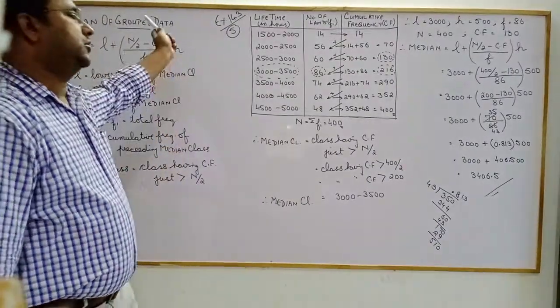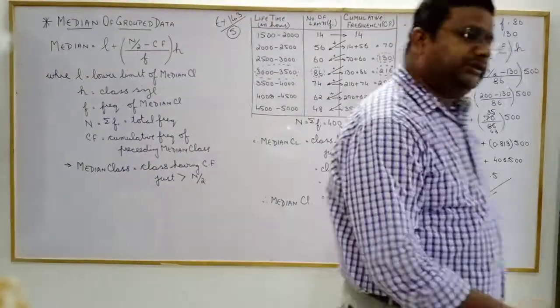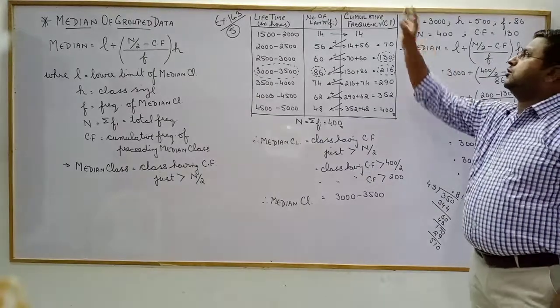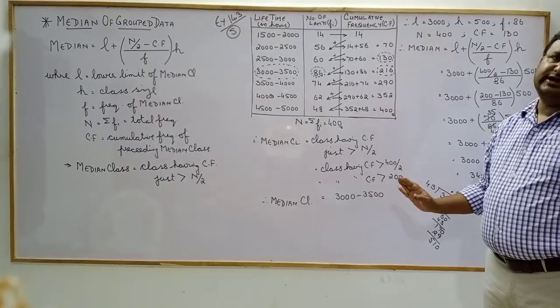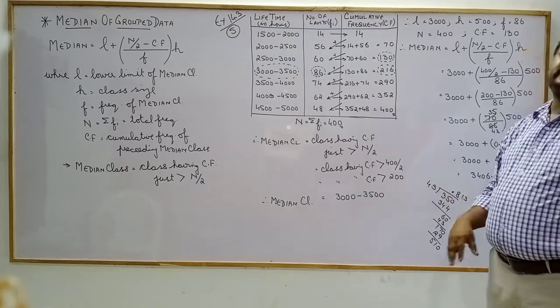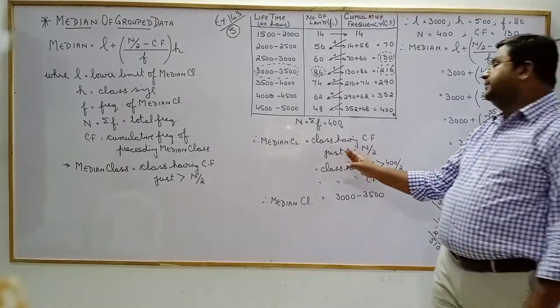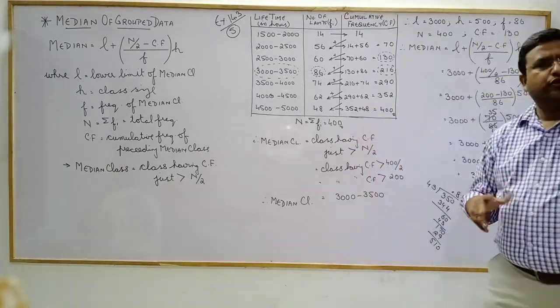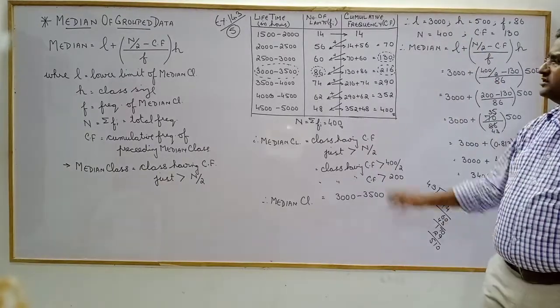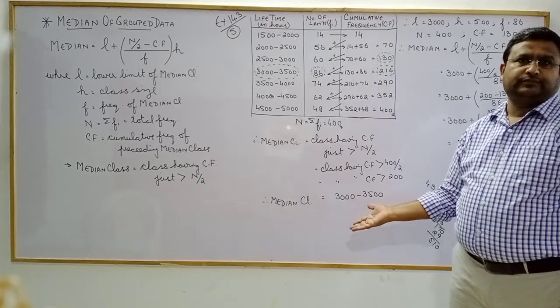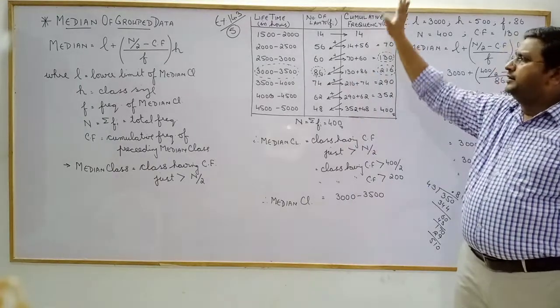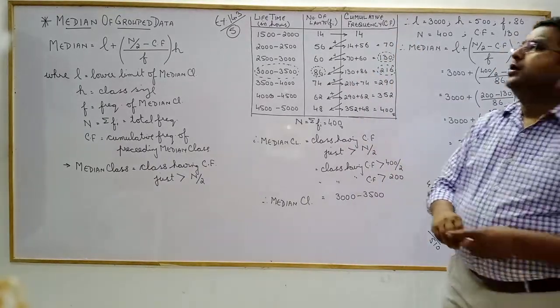Clear? So this is your question on median. All the questions are the same. Only one extra column is required, that is cumulative frequency. Sometimes in board exam we simply ask you to find the median class for 2 marks. You don't have to do all this. You just have to make the table for cumulative frequency and solve it. Clear, students? So I hope it is clear. You can go through median.